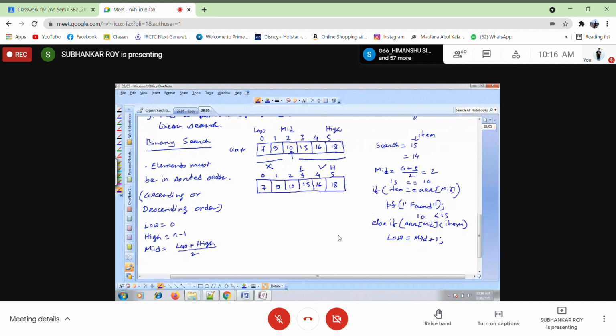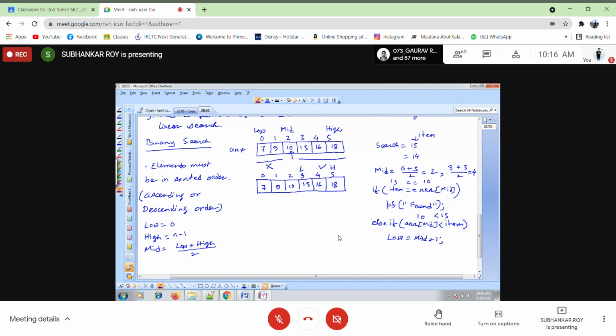Got it? Now what? Again we have to calculate mid equals low plus H by 2. Now the mid value will be low plus H by 2. Low is 3, high is 5, by 2, that will be 4.